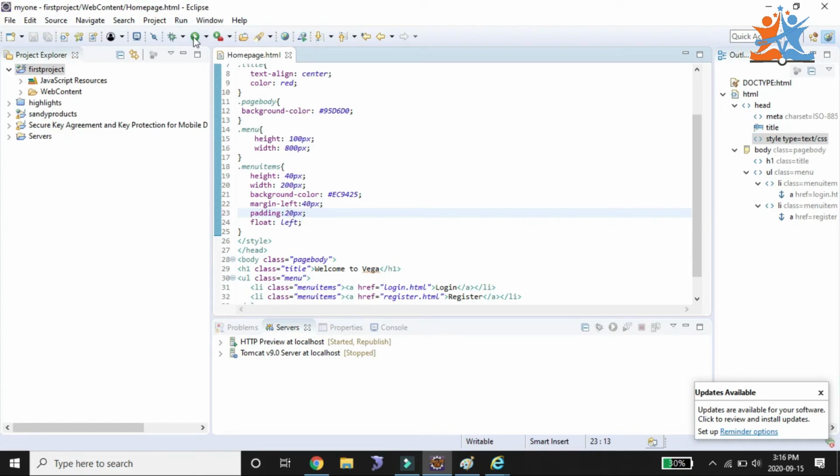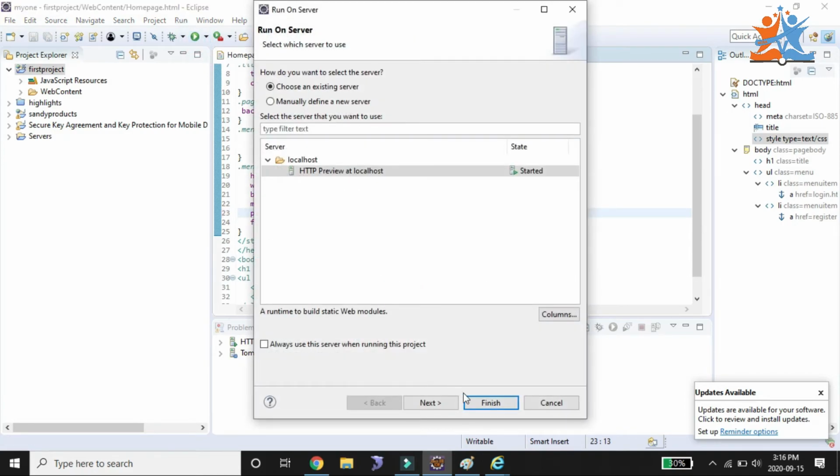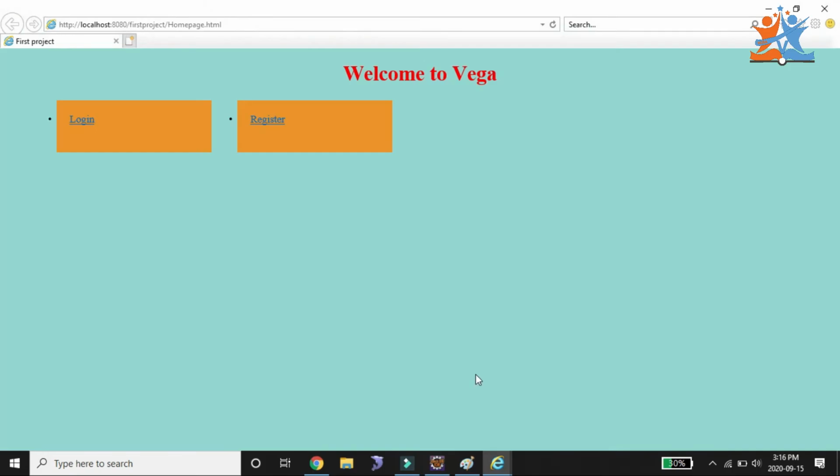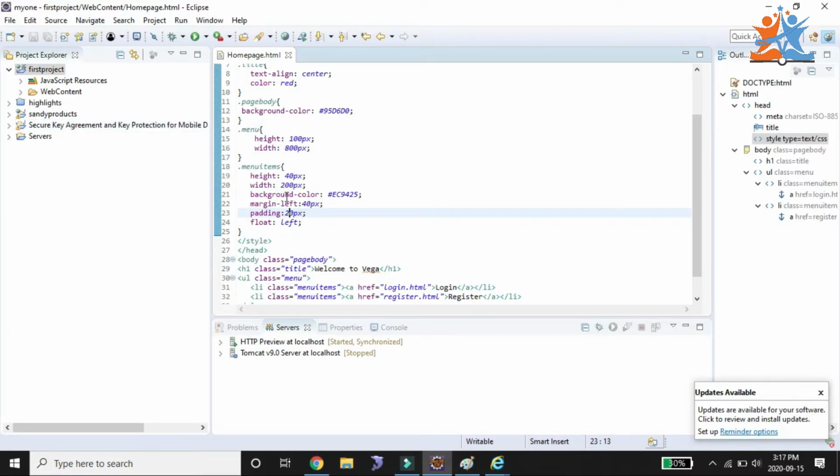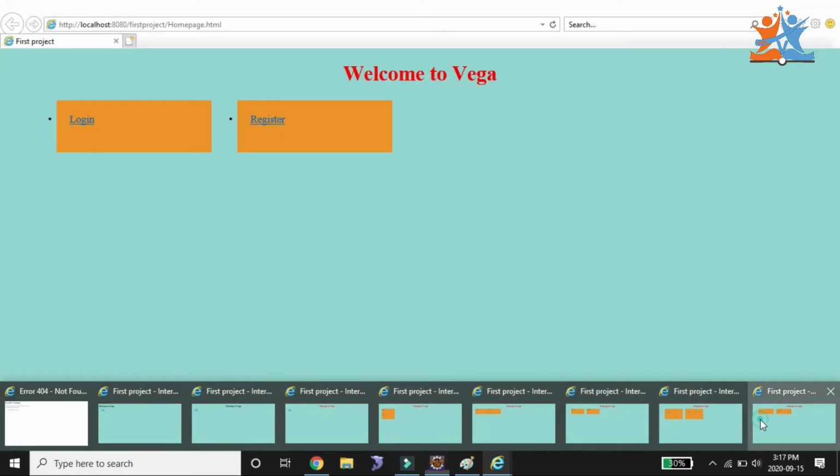Save and rerun the application again and finish. Now the width also we need to decrease. So the width we need to decrease to 200. Save, and we need to remove these dots.